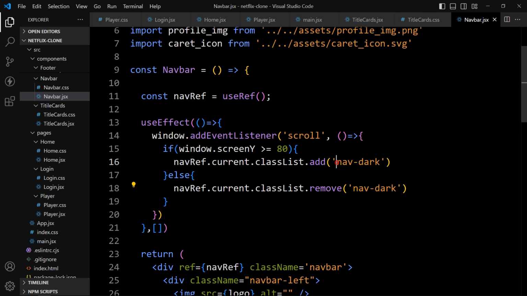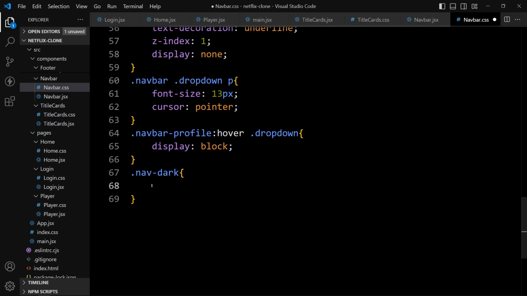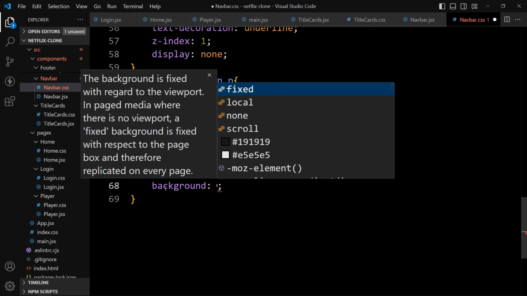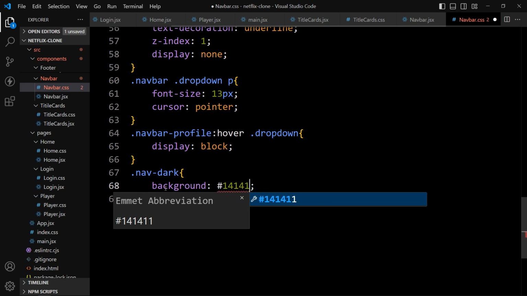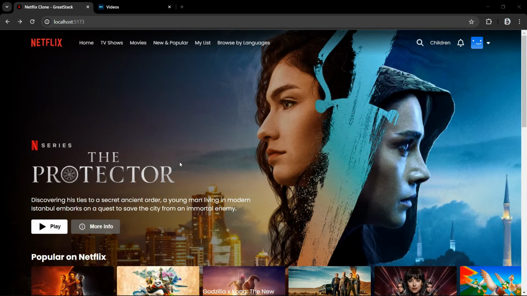Next we have to add the CSS properties for this nav-dark. So let's open navbar.css file and write this class name, and for this one let's add background, and in the background we will add this color code. That's it. Save the changes and we will open the web page. Now if I scroll the web page, it should display one dark layer.